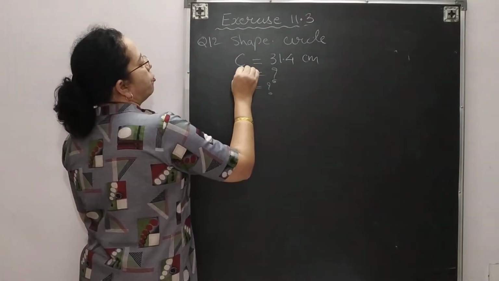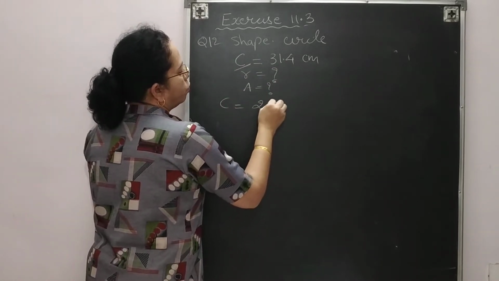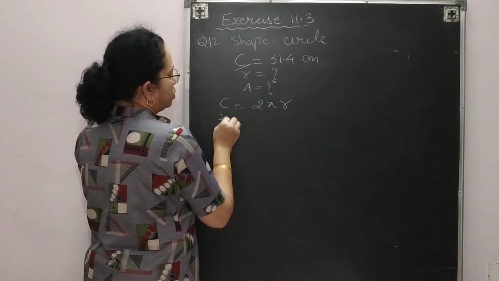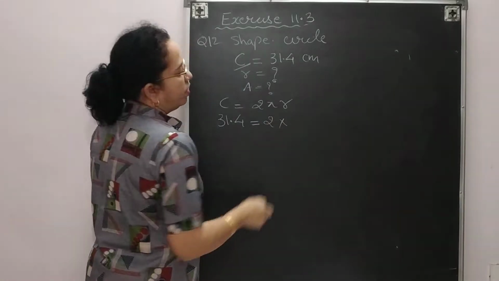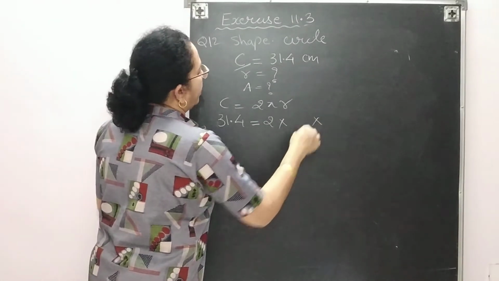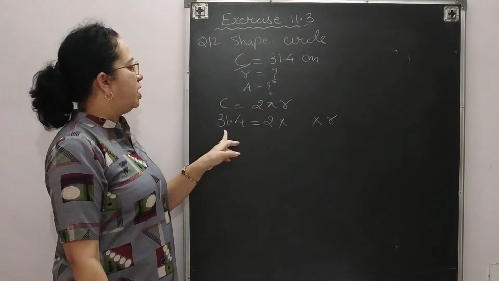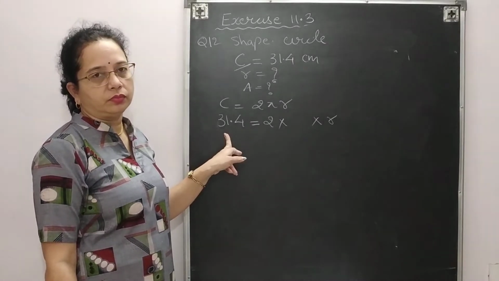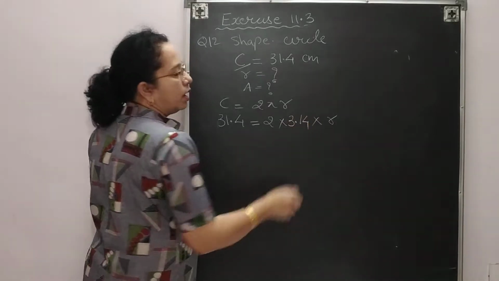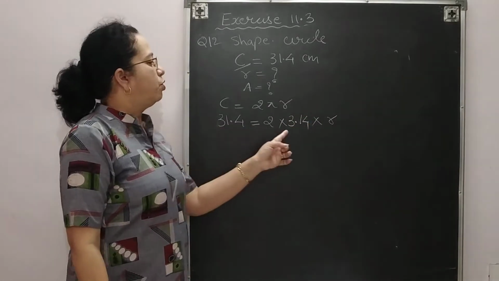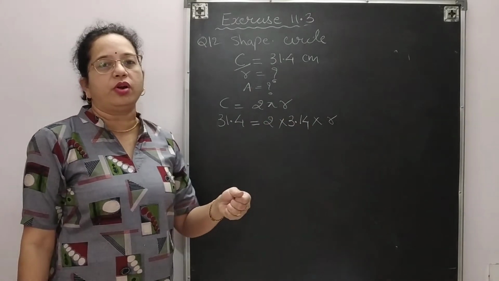So we will start with the formula. What is given? Circumference of a circle. So what is the formula? 2 pi r. Substitute the values. 31.4 is equal to the value of 2, and we will decide what to write for pi. Leave that place. The value of r also you need to find. So now 22 by 7, is it divisible by 7? It's not divisible, so we will write down 3.14. Another way, you know that 31.4 and 3.14, is a more easier way to cut the numbers. So the value of pi will be 3.14.